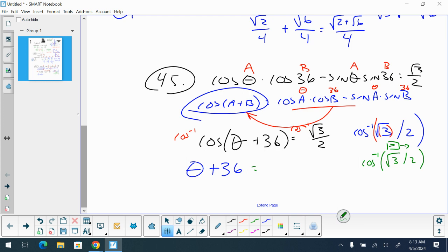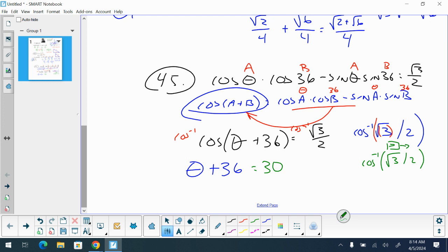0.52? Inverse cosine? 30? Okay, inverse cosine, the square root of 3 over 2, you get 30. Okay? But we just did the inverse cosine. We did our calculator value. Our calculator is called the what? The principal value. So we came down to the calculator, which is the principal value,